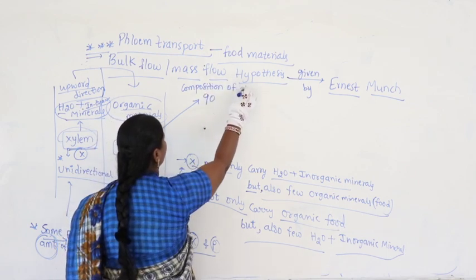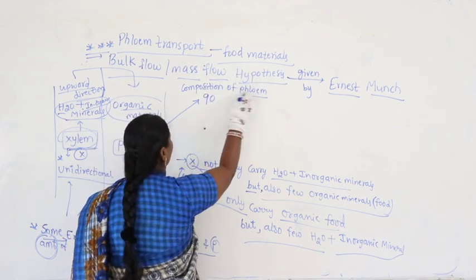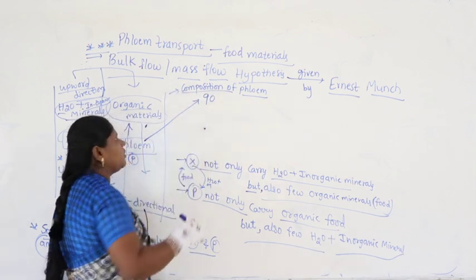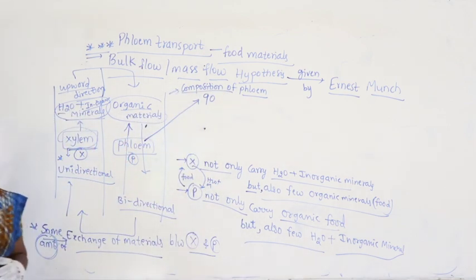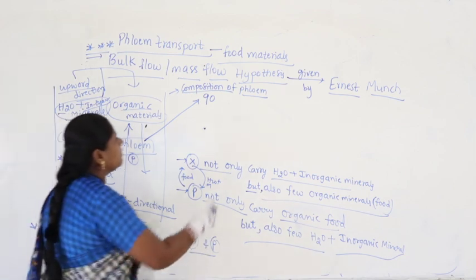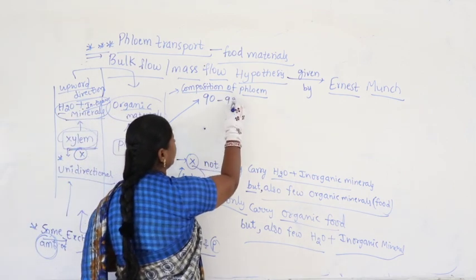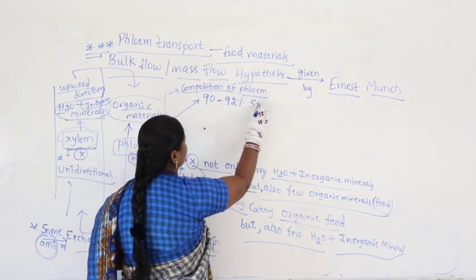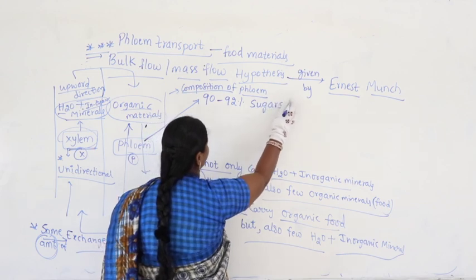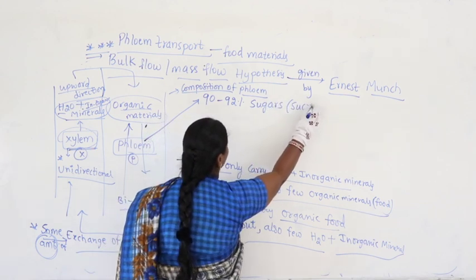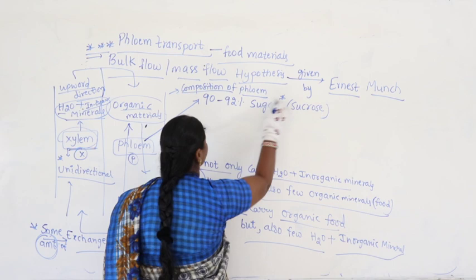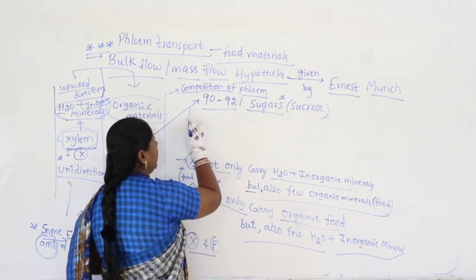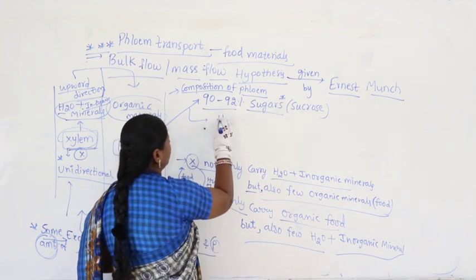I am giving you here the composition of phloem. What is the composition of phloem? What is the phloem made up of? Phloem is made up of 90 to 92% sugar, that is nothing but sucrose, mostly it is sucrose, right, and along with that a little quantity of water